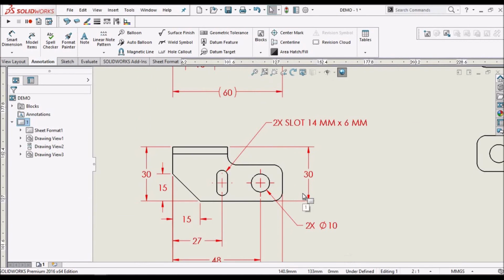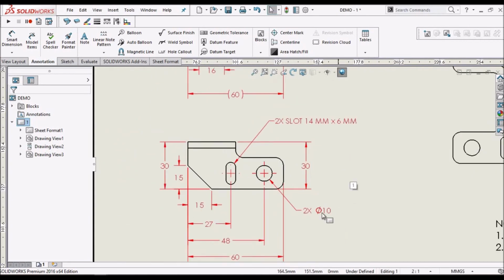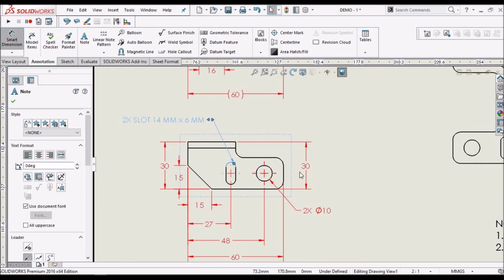Now fillets. For fillet, what we have to do is, I think we have to move this slot in this direction. And we have to show fillet.